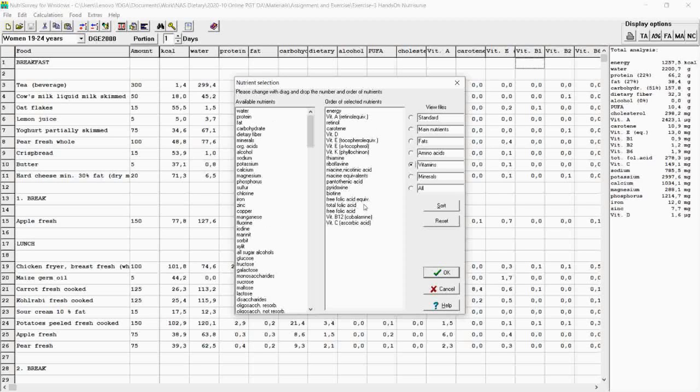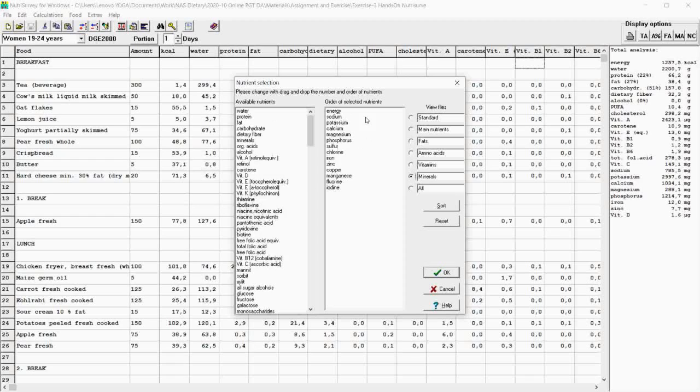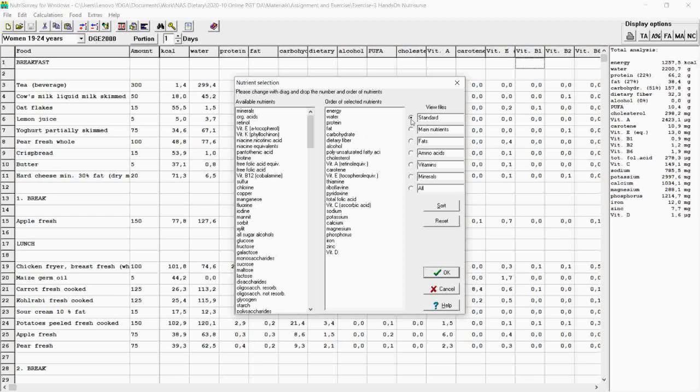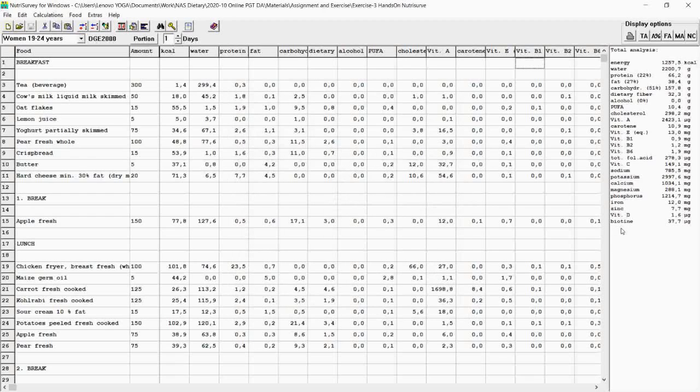This only shows the vitamins or minerals. But if you would like to customize the selected nutrient, you can do it by dragging the nutrient in the left box and bringing it to the column on the right box. Then click OK. It will appear in this display analysis box.